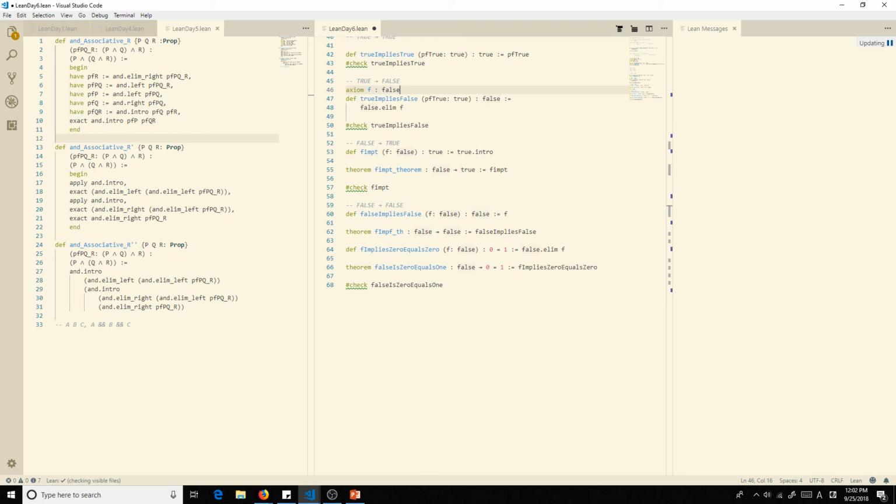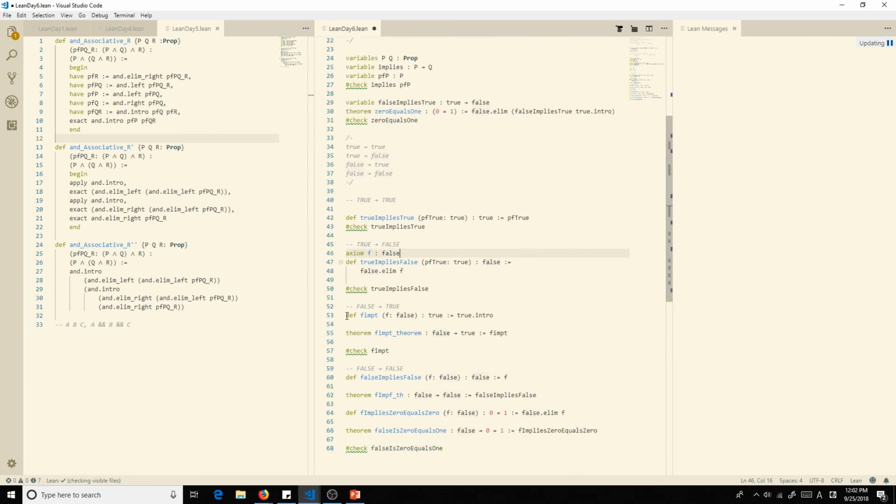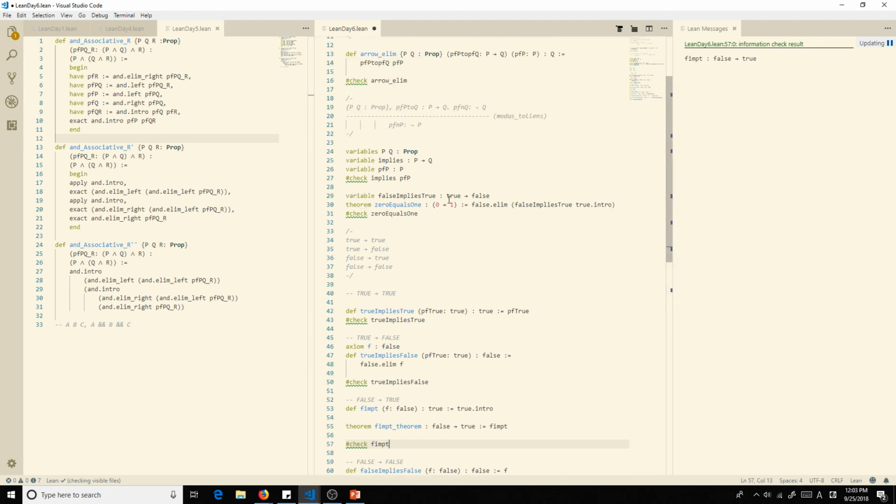I hope that helped at least somewhat at all. I am so sorry that this one was just not working out for me. I'm not totally sure what I did wrong. Again, I'm not a professional. I say that like every time. But I have it here, so this one does work. But yeah, I hope that helped. We know how to use basically our arrow now. It's just, that whole thing is basically just a proposition.